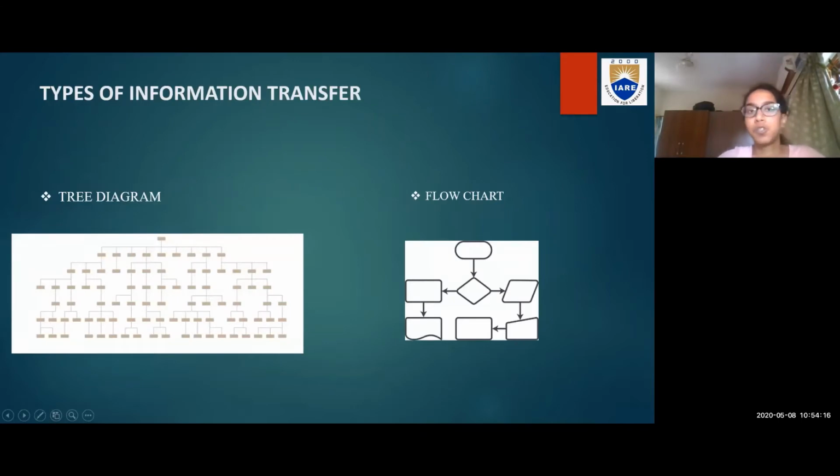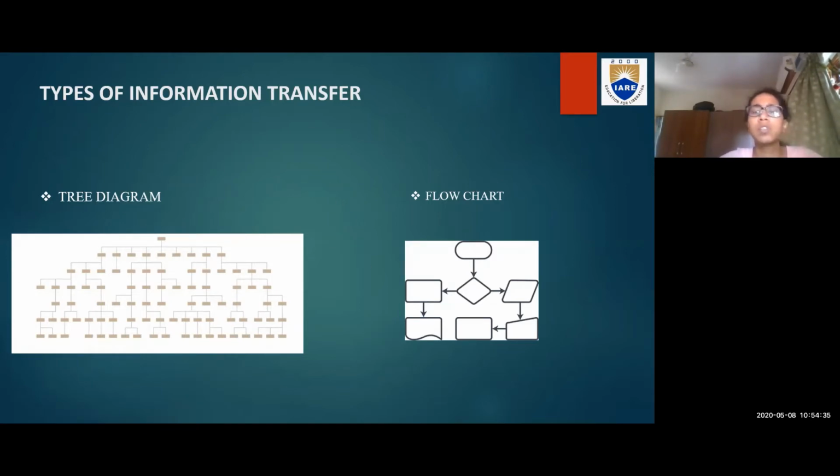Types of information transfer. As I told you, I'm going to concentrate on how to transfer from text to diagram. There are two particular ways in which you can do that. The first one is a tree diagram. Now, the tree diagram is something like this, which I represented on the left side of this slide,